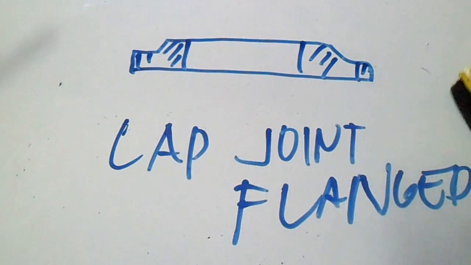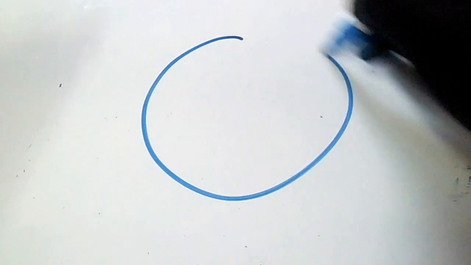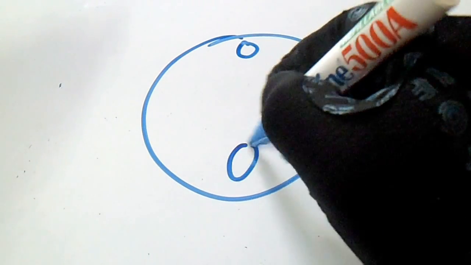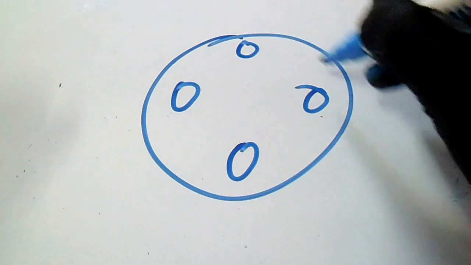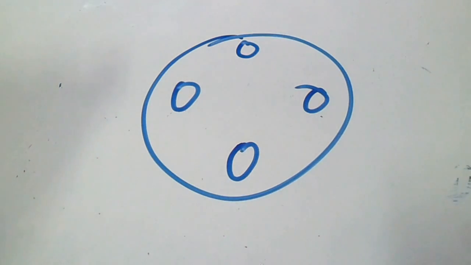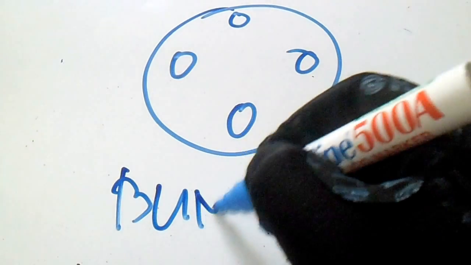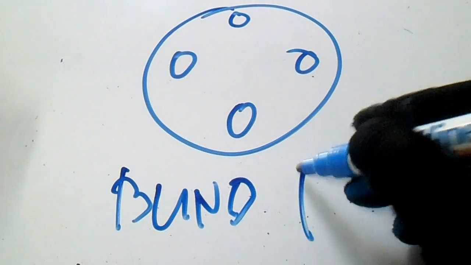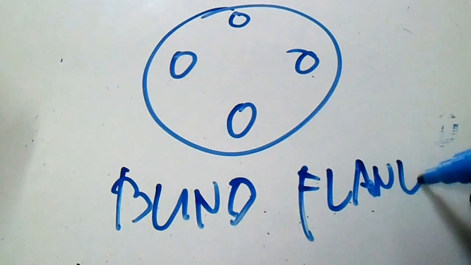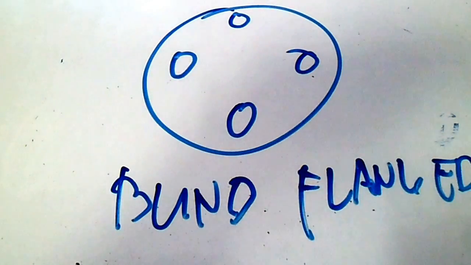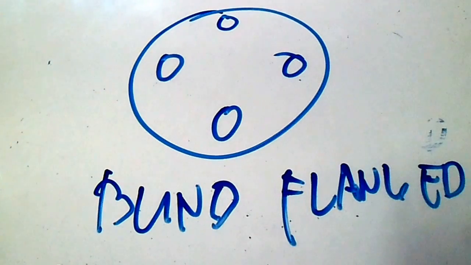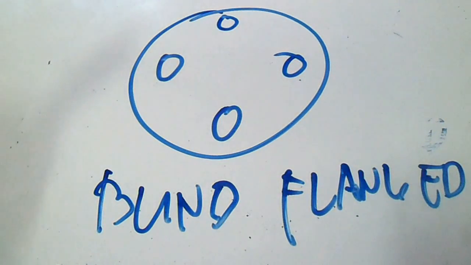So we have now also number 5, blind flanges. Okay, so just draw a circle and then put a circle inside. Both circles. So this is a blind flange. So we have now the 5 types of flanges and symbols.